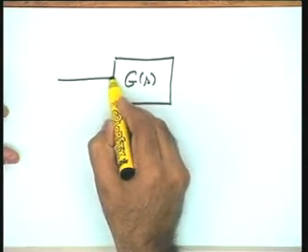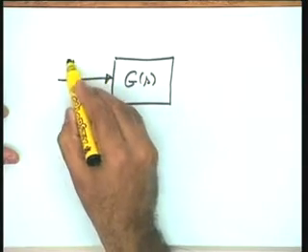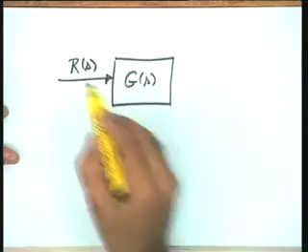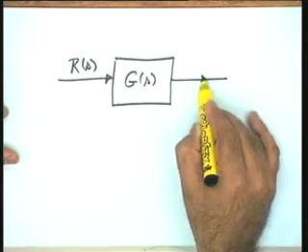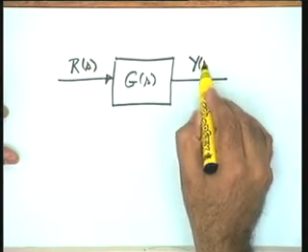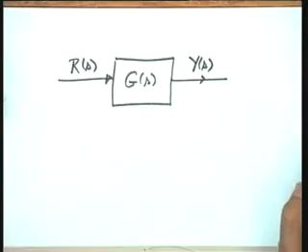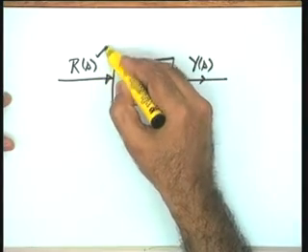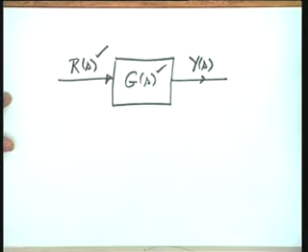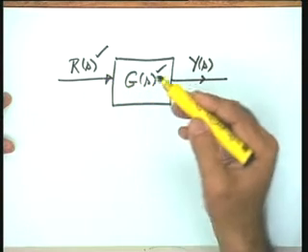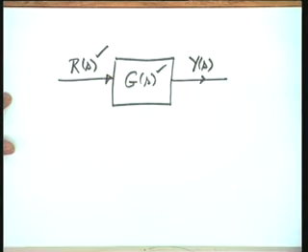To this plant we have the input R(s) and the output is given by Y(s), and I know the general nature of G(s) and the type of inputs we are going to handle. Recall, the step, ramp, parabolic inputs are the models of the disturbances as well as they are the models of test signals for the purpose of analysis and design.